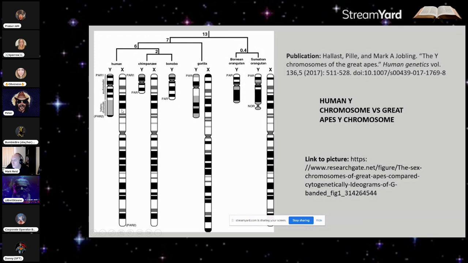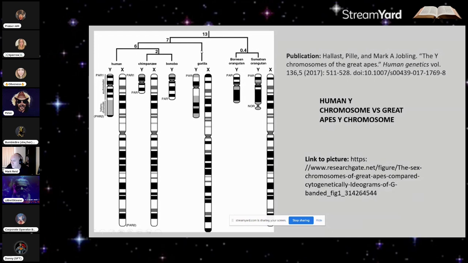But when we sequence, and right here, this is newer data, which I find interesting. Some of this data we didn't previously have, at least before 2017. We've got preliminary data in terms of the sequence of the Y chromosome in all your different great apes. And so you'll notice when we compared the human to the chimpanzee, which is supposedly our closest common ancestor, firstly, it's half the size. You can see it right here. The chimpanzee Y chromosome is only half the size as the human Y chromosome. Apparently, we split from a common ancestor with the chimpanzee between 6 and 10 million years ago.